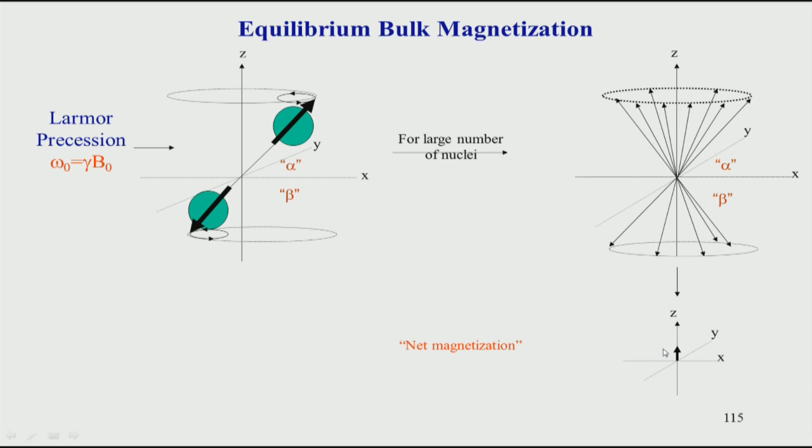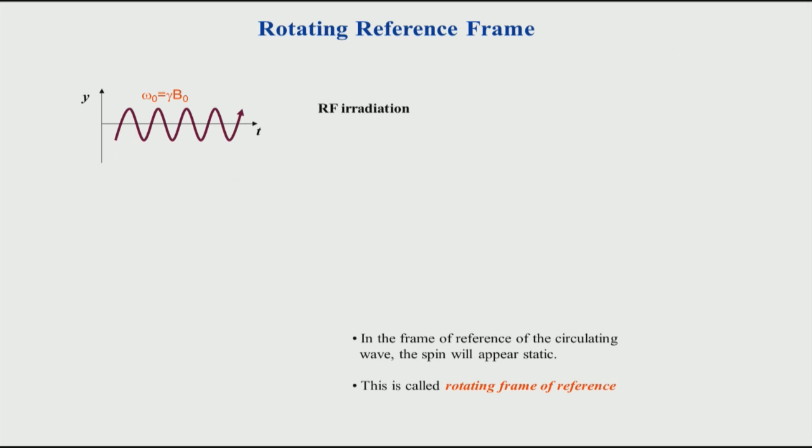One can actually calculate from the Boltzmann equation at what temperature or what magnetic field or what conditions the populations become equal. You can also achieve a negative z axis. I can achieve the opposite, where the population in this state becomes more than the population in this state. That is called population inversion. One can also find out at what spin temperature we can achieve that. These are all based on the Boltzmann law.